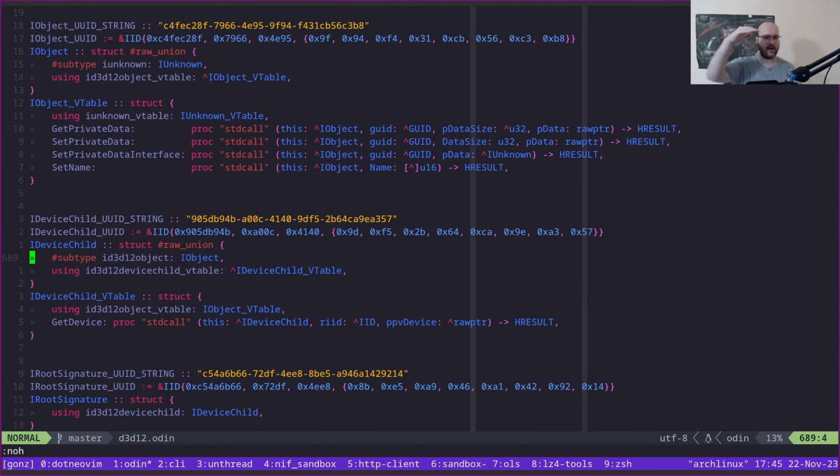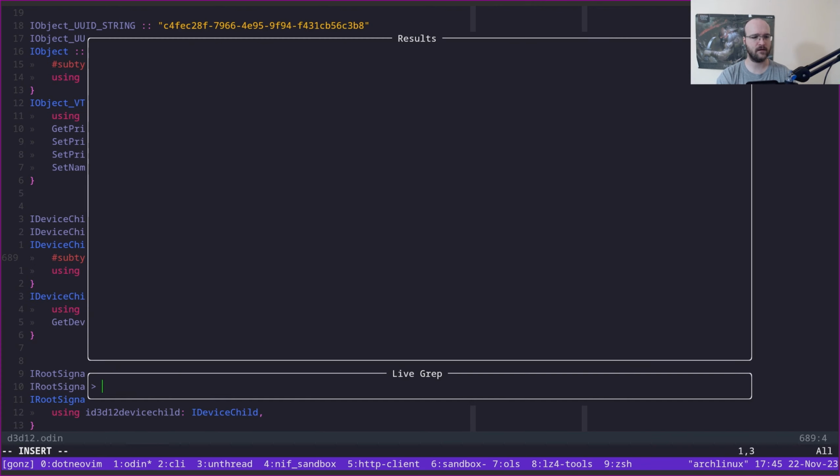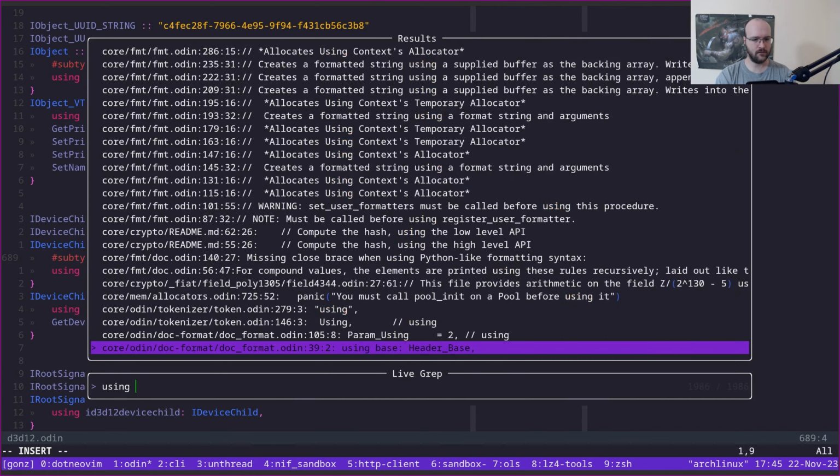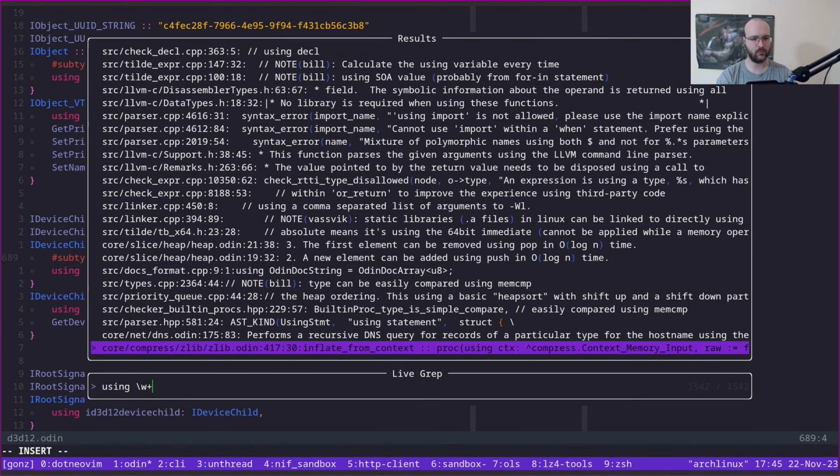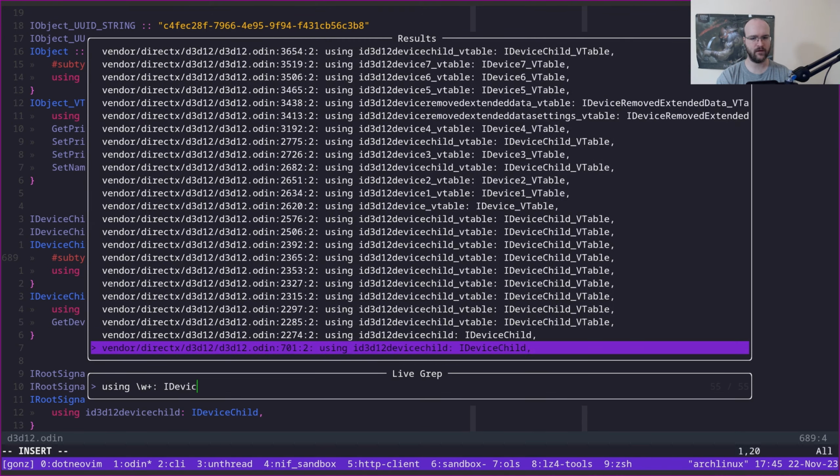This means that an IDeviceChild is an IObject, and an IObject is an IUnknown, right? That is the relationship. What this is effectively is just an inheritance hierarchy, right? And you can model this exactly like this. If we find, for example, we could say using, let's say like this, w plus colon IDeviceChild,